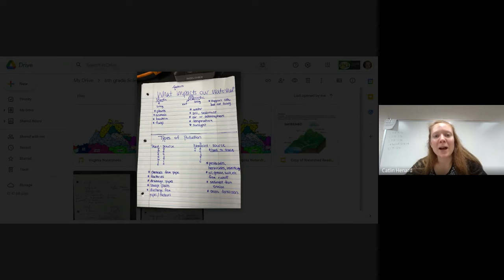So all of our biotic factors need these abiotic factors to be at certain levels, or else our biotic factors could die. And like I said, both of these things impact our watersheds. If there are not enough plants, or if we have too many plants, especially algae, our watersheds could be unhealthy. If we have too many of a certain animal, our ecosystem could be unhealthy. If we have too many predators or too much prey,